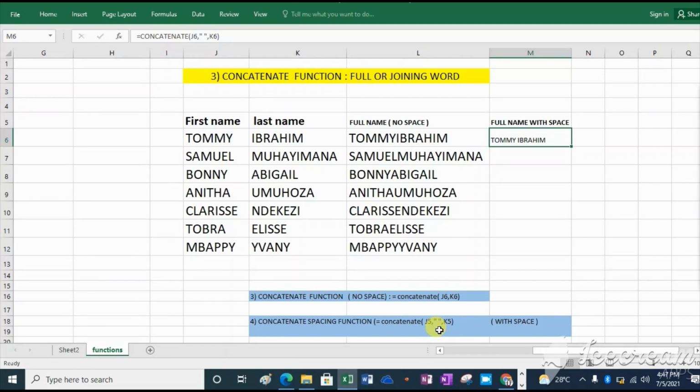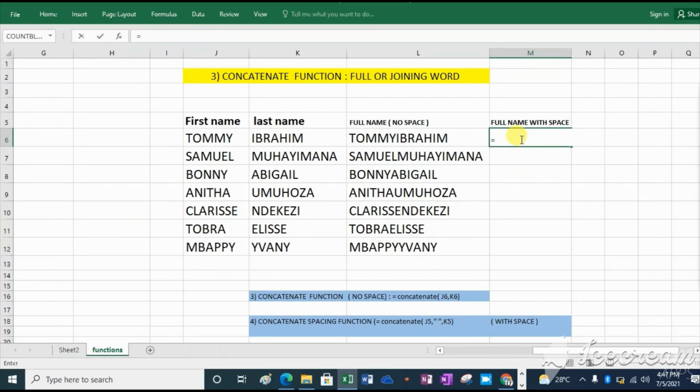There are the two locations. Then a quotation mark, space, quotation mark, then you put a comma, then you put another location. So let us start.